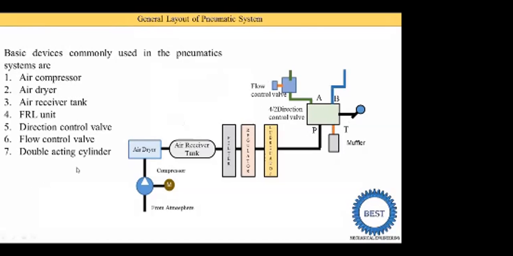And then after that, the last part is the double acting cylinders, which means the compressed air is supplied from both sides of the piston. Here this yellow part is the piston. That's why its name is double acting cylinder, or it is also called an actuator. Various types of actuators exist, but a different chapter covers them, and in that video I discussed the various types of actuators.